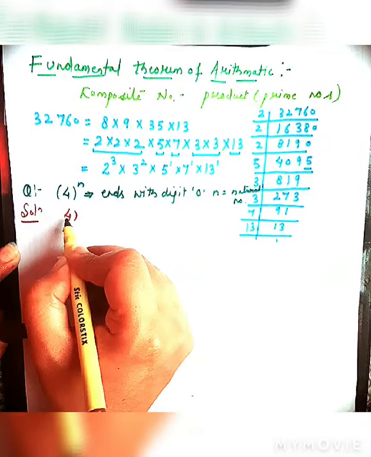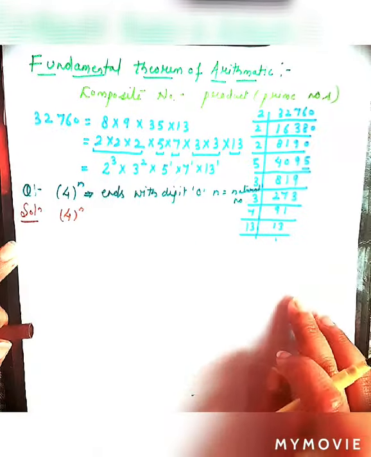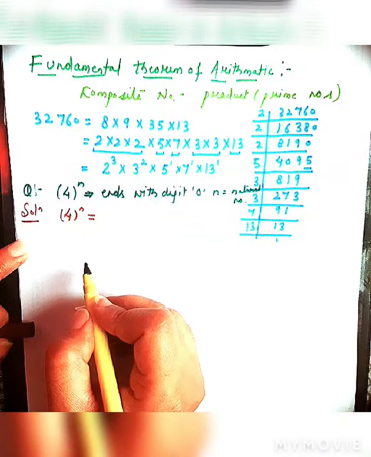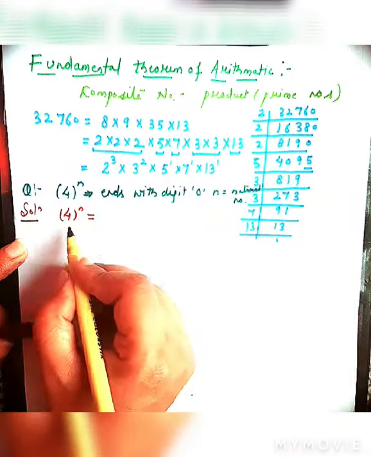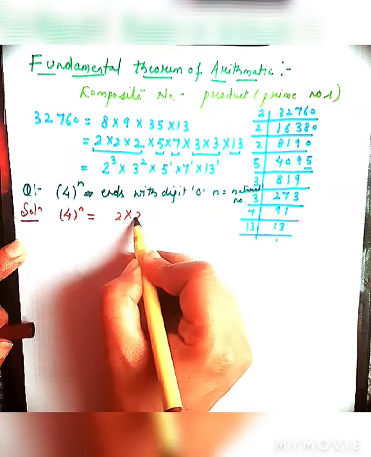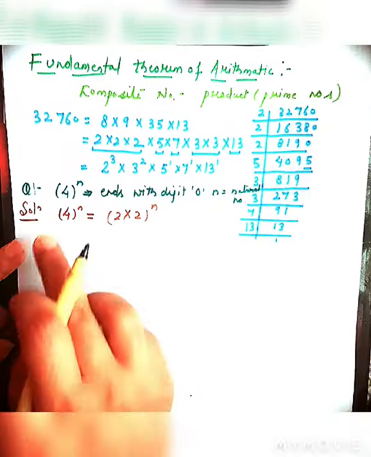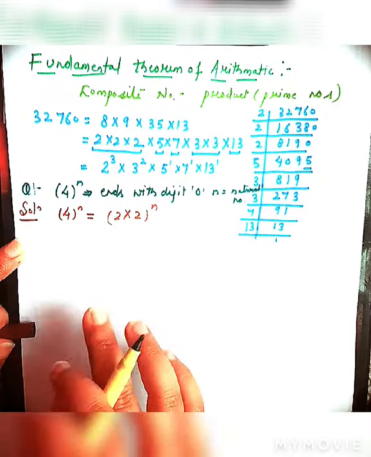how we can write any number. As we have done the fundamental theorem of arithmetic, we can write any number as a product of prime numbers. So how can we write this? 2 cross 2 raised to power 4. So this is the elaboration of this number. Fine, we cannot elaborate more.